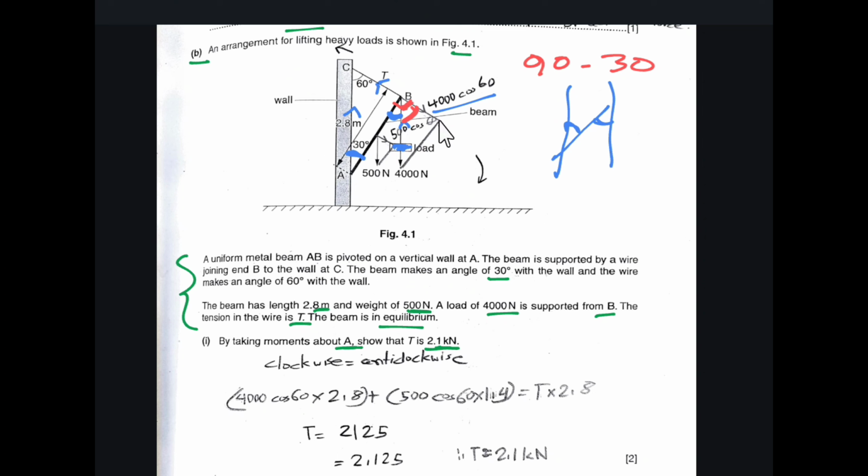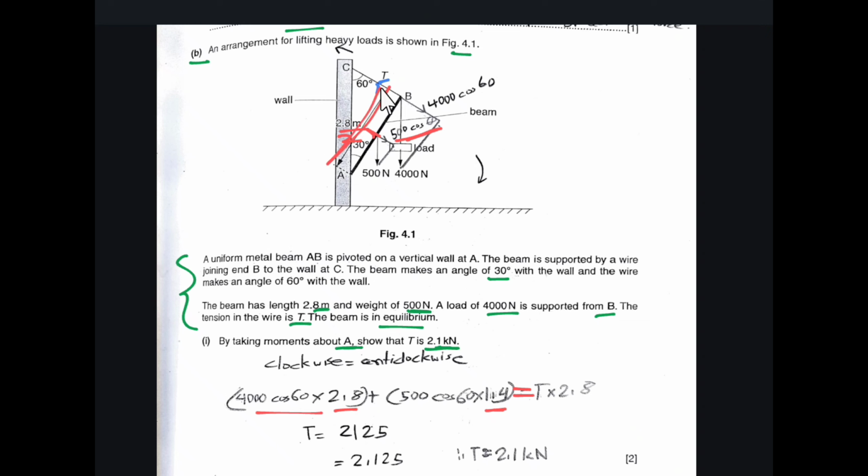So this angle is 60 degrees, that is 4000 cos 60. Then 4000 cos 60 into 2.8 plus 500 cos 60 into, as this is half the distance, 2.8 by 2, that is 1.4, is equal to the anticlockwise moment, that is T into 2.8. So T, and 2.8 is this distance, and after equating we get the tension as 2125,